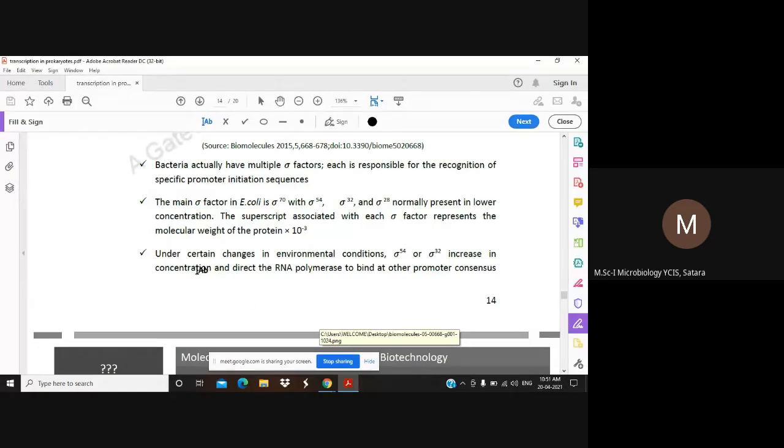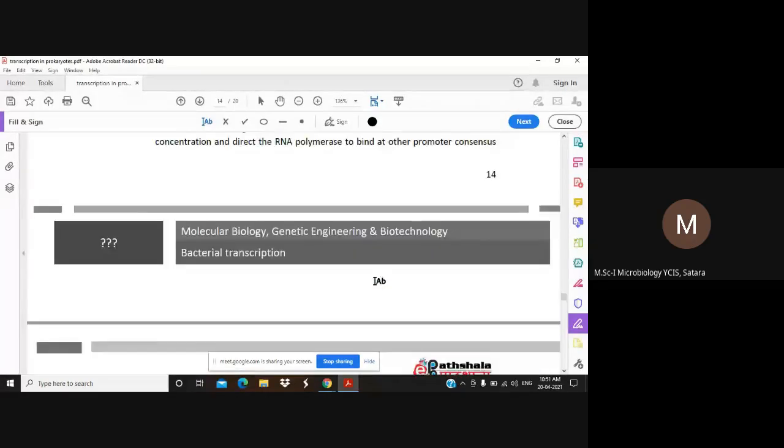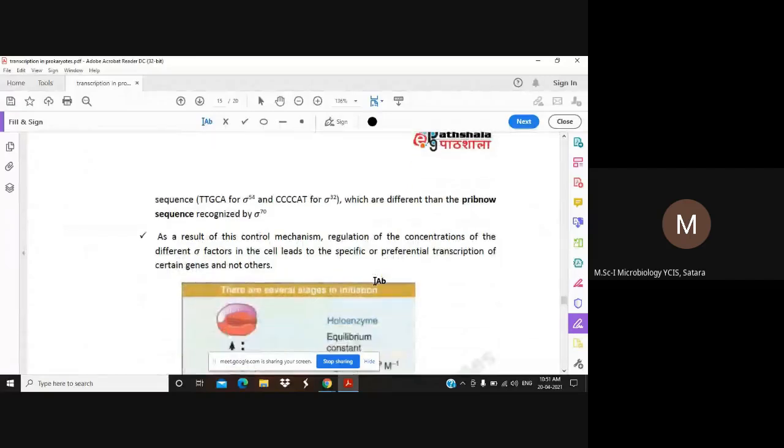Means they bring about the binding with RNA polymerase. They form the holoenzyme with RNA polymerase and bind to the promoter consensus sequences, that is the TTGCA for sigma 54 and this is for sigma 32, which are different than the Pribnow sequence which is